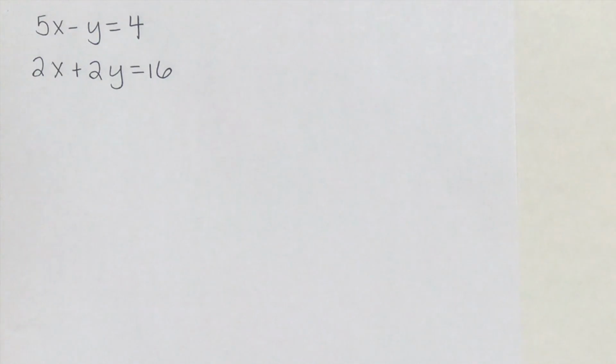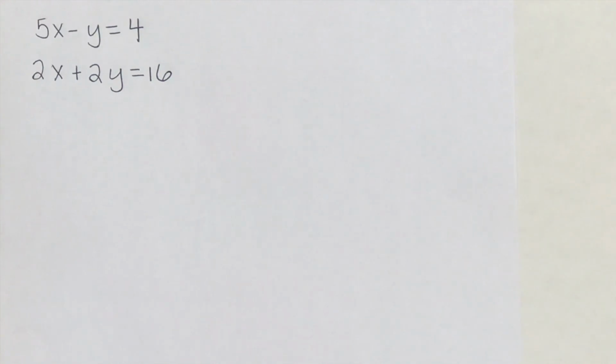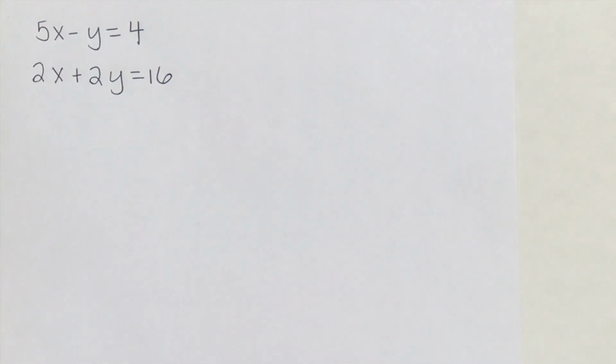Today we're going to look at a different example of solving systems by substitution. When you look at our previous video, you'll see that both of our equations in our system that we solved by substitution already had a variable that was isolated, which is nice, but it's not always going to be the case. So we're going to look at two examples where you have to do an additional step of isolating a